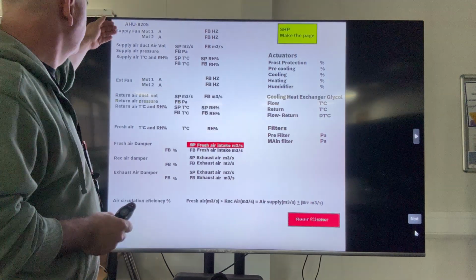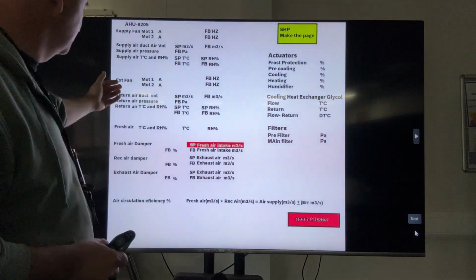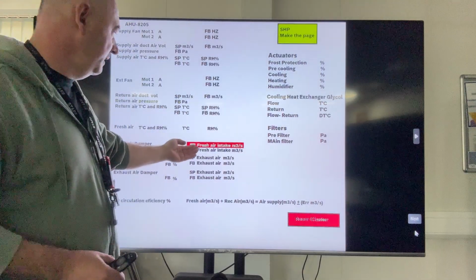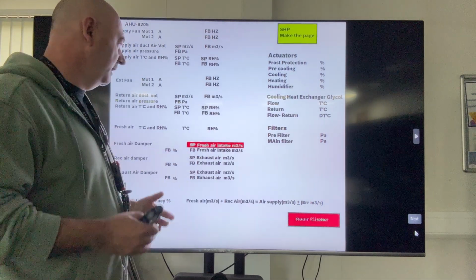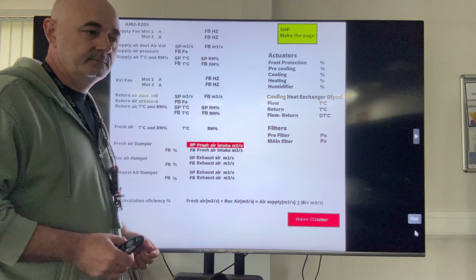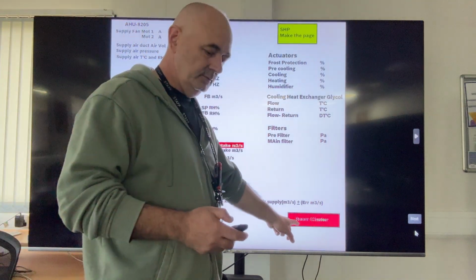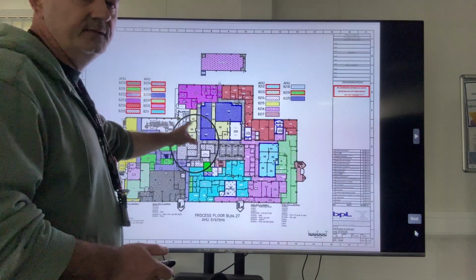We have the supply fan, supply duct pressure, supply volume, extractor fans, return. All this is on one page, and if anything happens, you'll have the fault on red if the damper collapses, or if I have something which is not as per set point. And then you can press the room cluster, and then you can see what room has been affected by